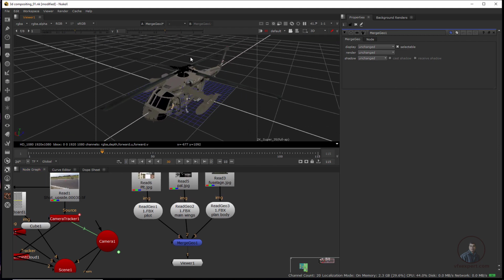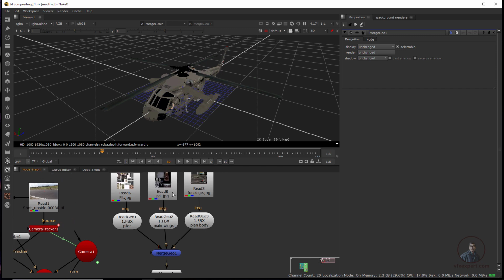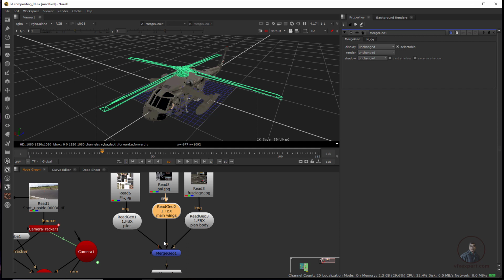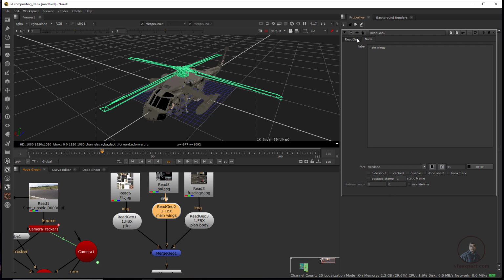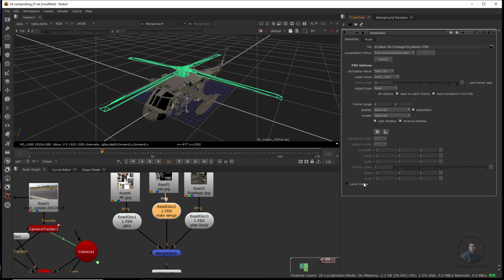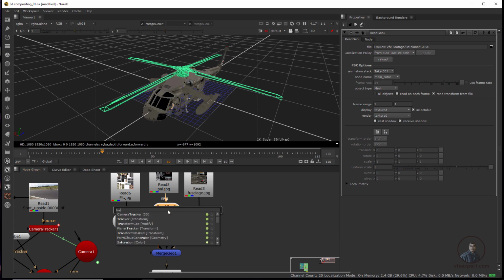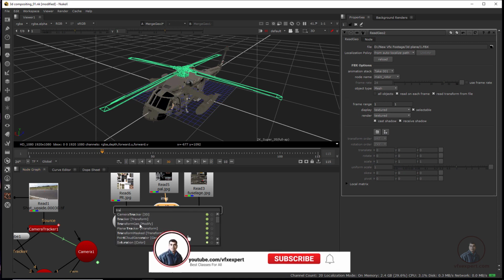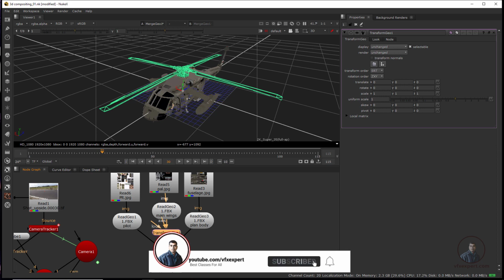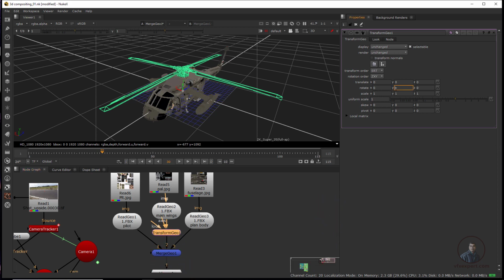Suppose here if you want to rotate these wings a little bit, then simply you can rotate, because I think these are our wings. Then after this you have to plug in another transform geo. Because here if you double click, you will see these parameters are locked. So select this one, tab, transform geo we have to take. Then with the help of this you can simply rotate. So maybe Y, just click it like this. Okay, so like this you can animate.